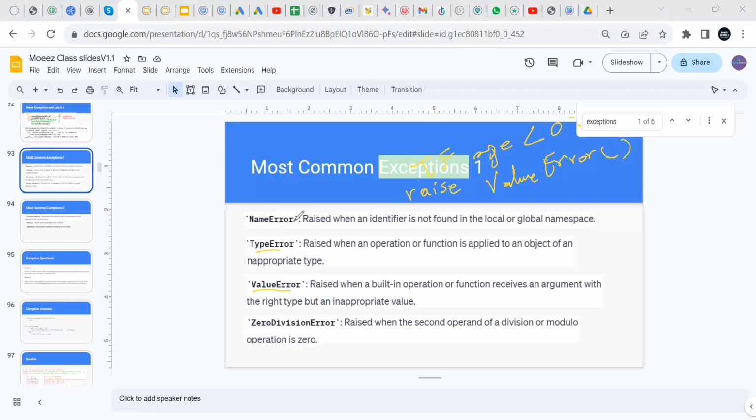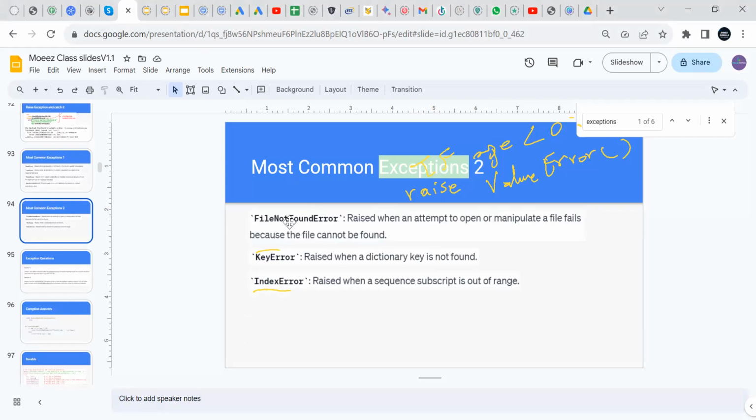Also, a name error is typically raised when you are trying to access a variable that is not defined. Zero division error also, you know it, common, right? Yeah. One more thing is file not found error, also a standard built-in exception. Key error is raised if you're trying to access a dictionary key that does not exist. If you have a dictionary, like, oops, sorry.